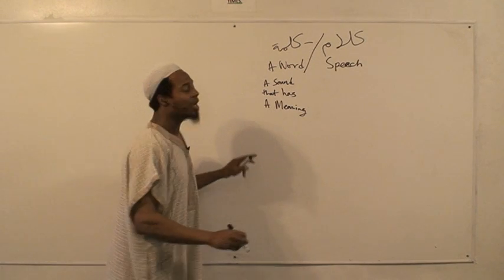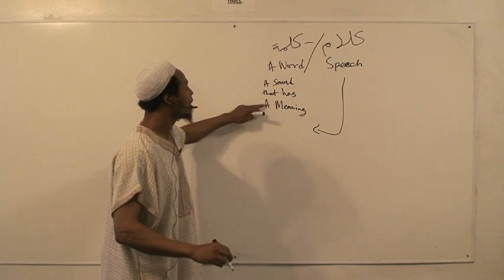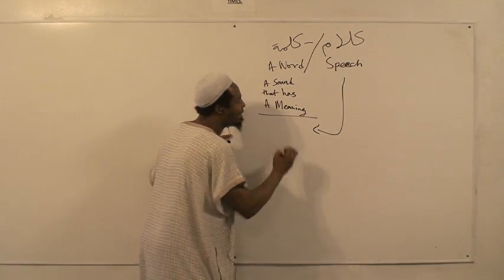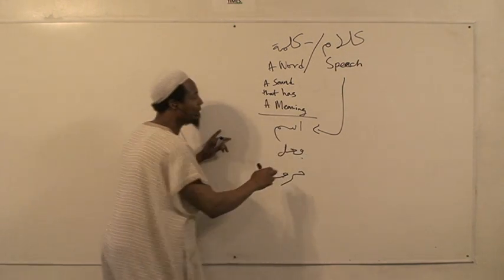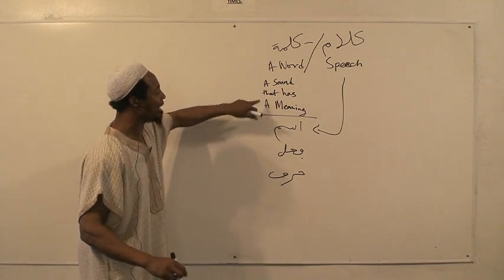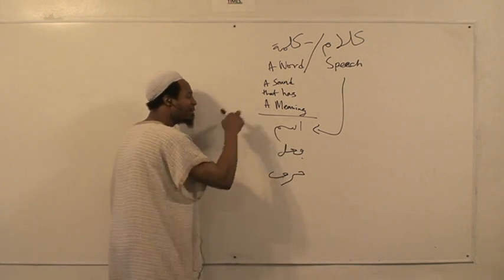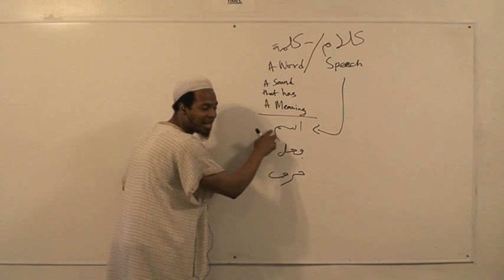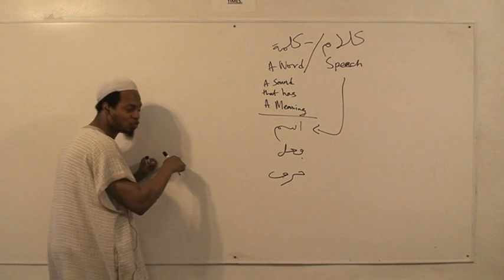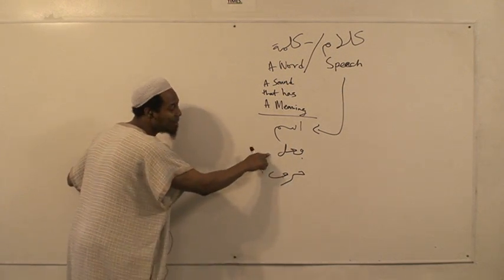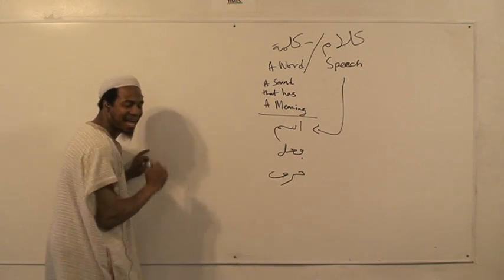Now they're saying kalam is built upon a type of word. Now it says what type of meaning? Is 3 meanings. That's what we call an ismun, a fi'lun, and a harfun. Okay? A word is a sound that has a meaning. Either that meaning, it means a sound that has a meaning in and of itself, that's not connected to a time frame, and it's descriptive, meaning a person, place, or thing, or in a description, or it's a sound that has a meaning in and of itself, and it's tied to a time frame,